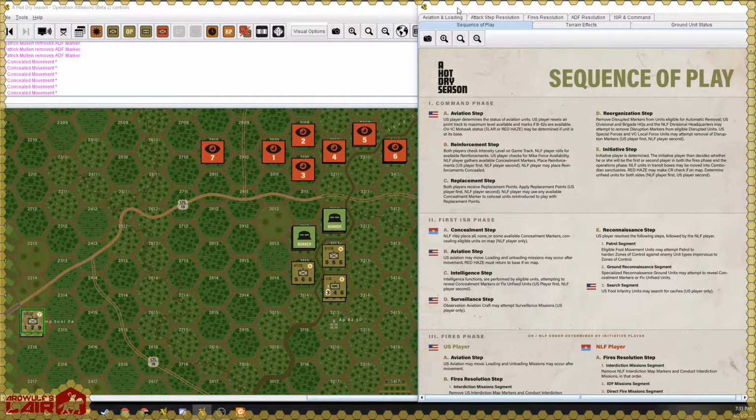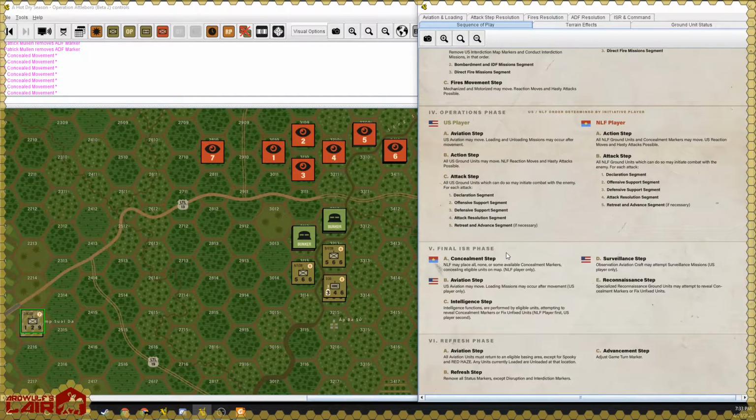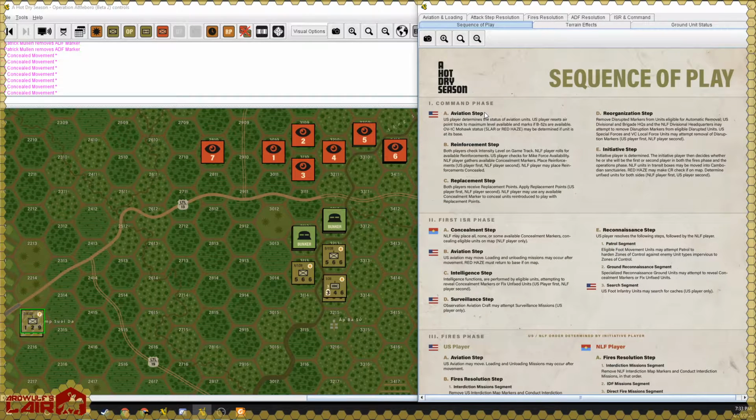So let me toggle. We got the sequence of play up here, and we see that we have 1, 2, 3, 4, 5, 6 phases, the first of which is the command phase. So step A in the command phase is, and we can see the little flags on the...